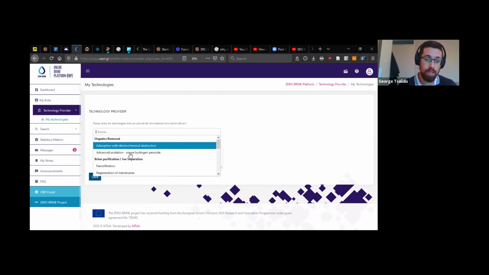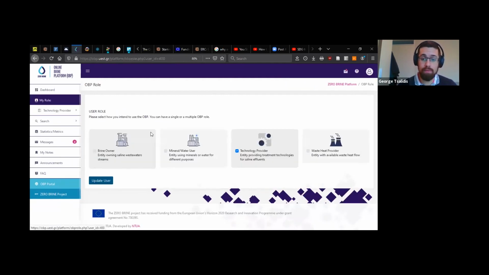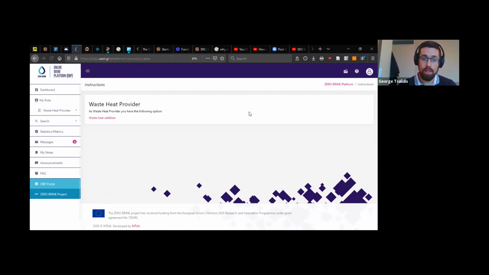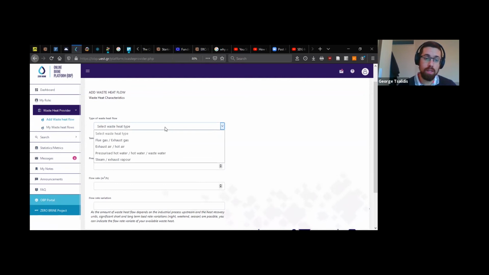And if I add something, let's say nanofiltration, and if I save it, then it will exist in my technologies part. And similarly, if I go and finally change my role to the waste heat provider, I'm going to add a few characteristics of the kind of waste heat. So let's say I have flue gas, heat derived from flue gases. If I'm already using part of that heat,